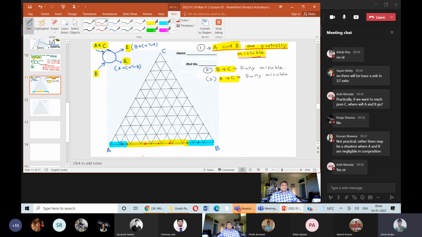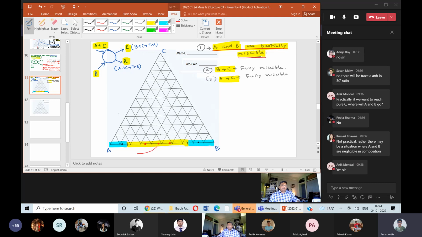So everybody understands what is the difference? This composition, 88% A, is a homogeneous composition. We are on the line AB, so there is no sign of C yet. So we can say that this composition is miscible. And within this range, any of the compositions are immiscible.